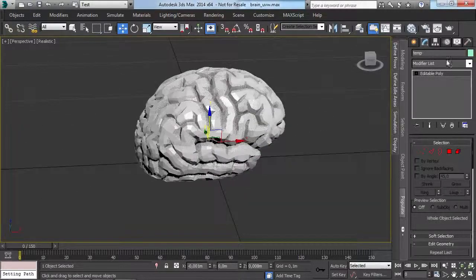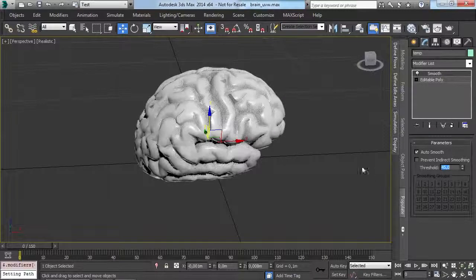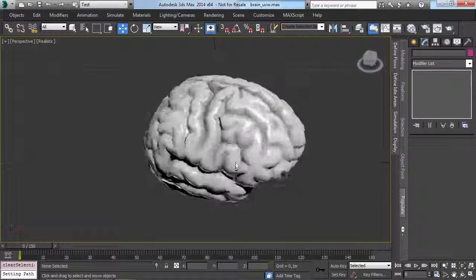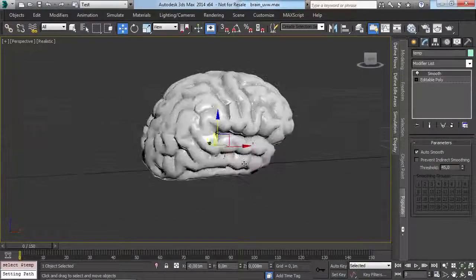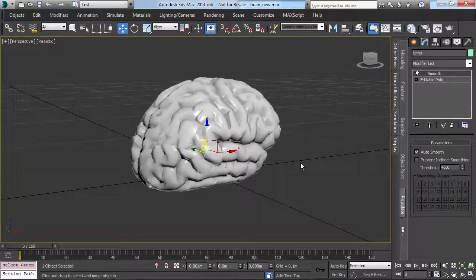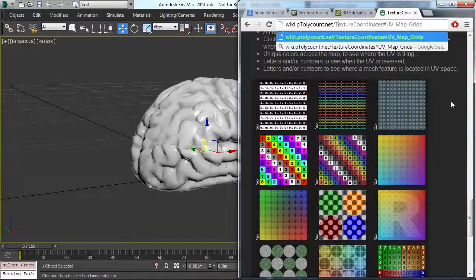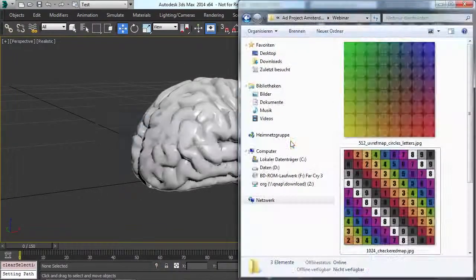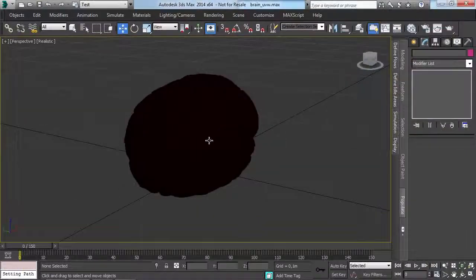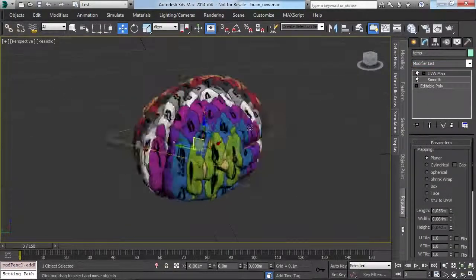So to make it a bit shinier, we are just gonna apply a smooth operator on that, just to smooth out the normals on that model. And then we would like to apply a texture. And to check the basic mapping, what I tend to do is, let me switch over here. I like those texture checker maps really. They are on wiki.polycount.net. There are multiple of those textures available. You can just drag and drop them over from the Windows Explorer